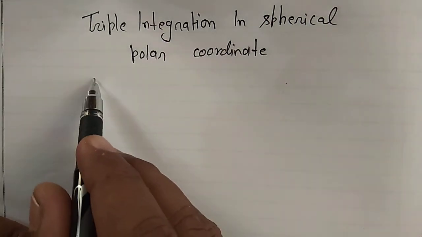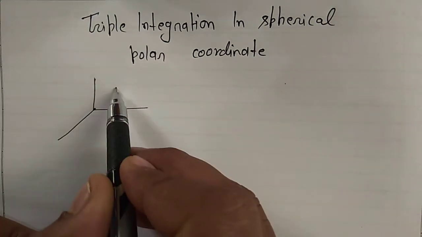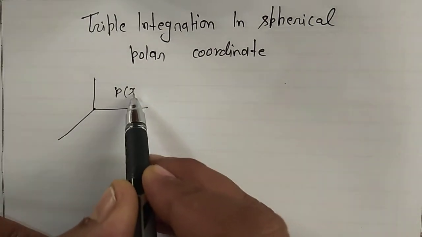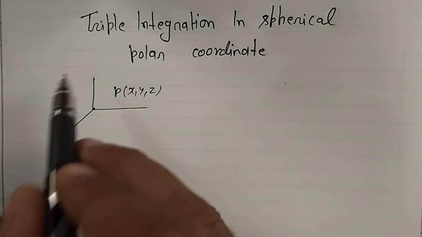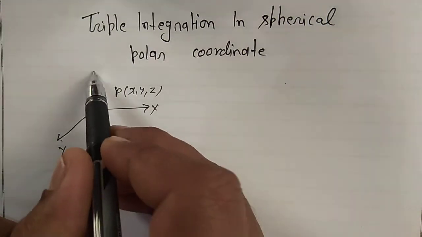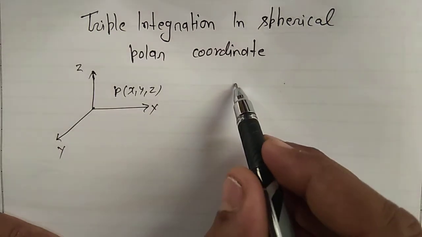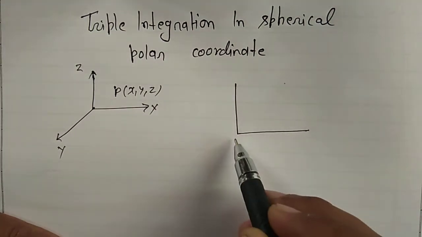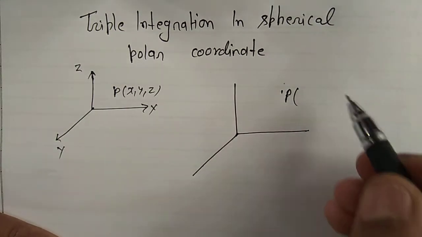So in the Cartesian coordinate, if you have any point P, the coordinate will be x, y, z. Now, this is your x-axis, this is your y-axis, this is your z-axis. So in the spherical coordinate, if you have any point P, the coordinate will be